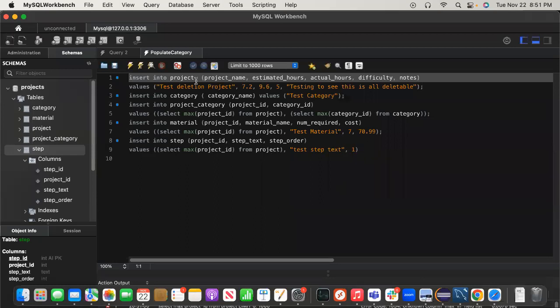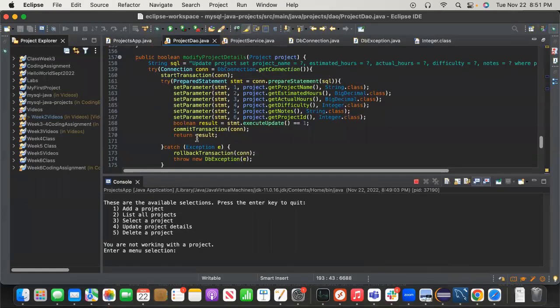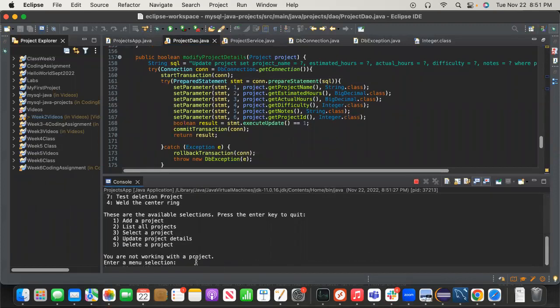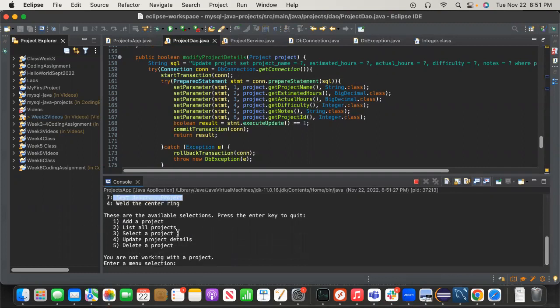So here's my SQL statement that I wrote that will stuff a value into all of the tables and then they'll all be nicely related. So I'll go ahead and run this and just make sure that all my things are coming up good. So we'll go back to Eclipse and run our program. So we can see that the project that I made is called test deletion project. So if we go ahead and look at that,